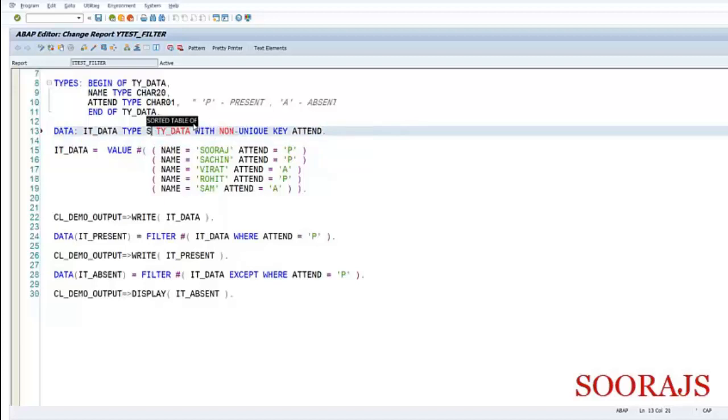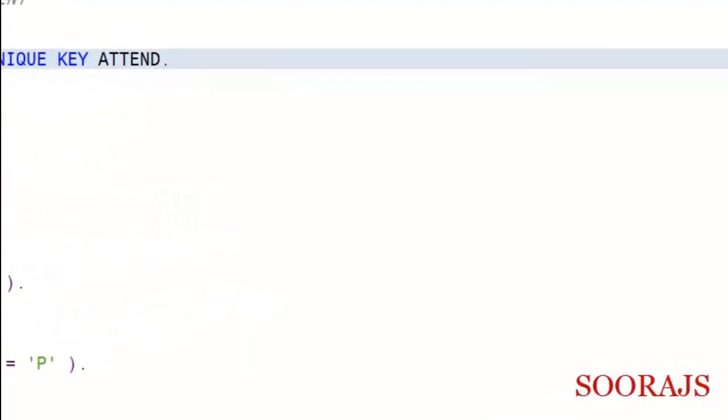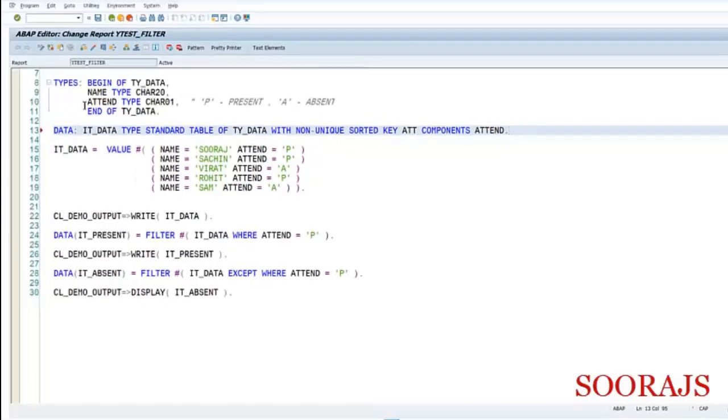I'll tell you how. I'll change it to standard table of, and I'll say non-unique sorted key. I'll provide a key name here, I'll say ATT. This is the name of the key, and inside this key name, what is the component? I need ATTEND as the component.